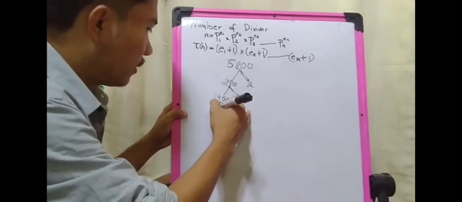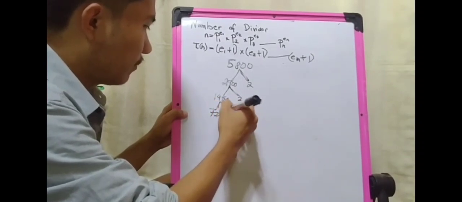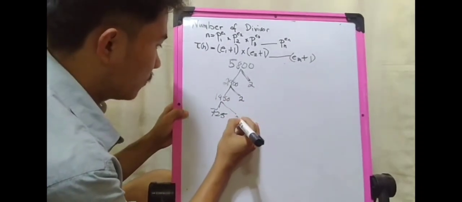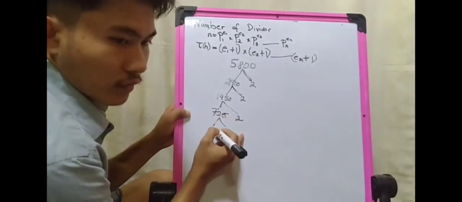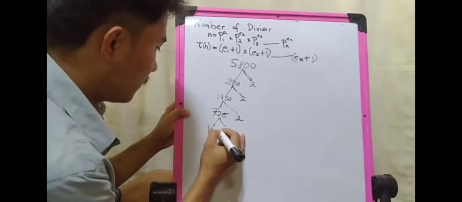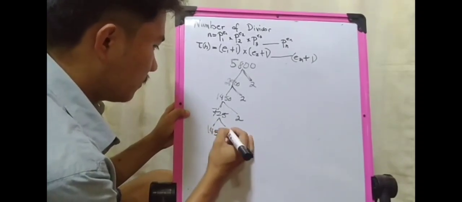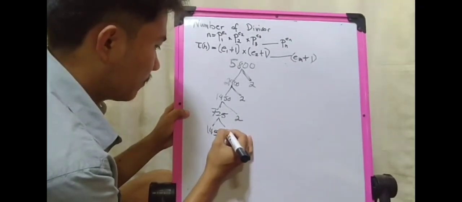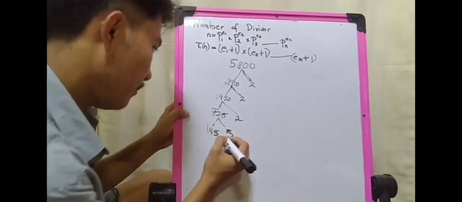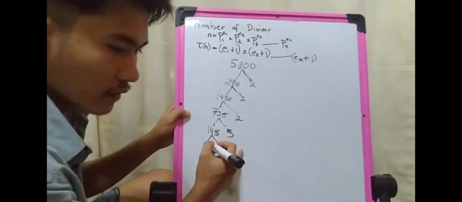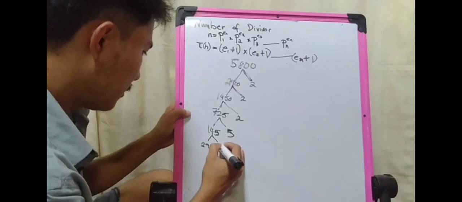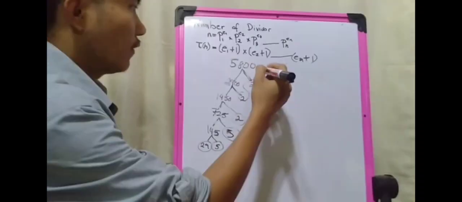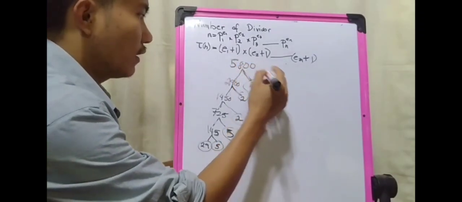This is 725 times 2. This is 145 times 5. And this is 29 times 5. The prime factors of 5,800